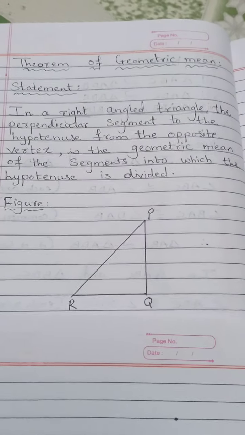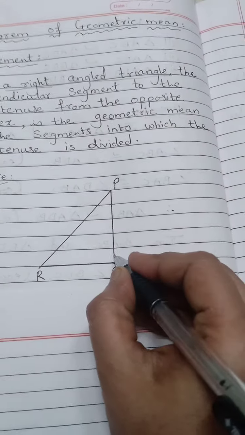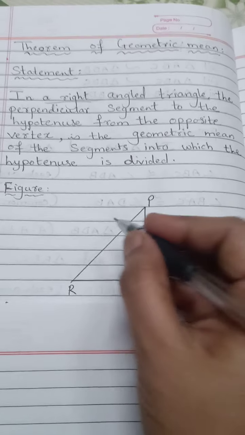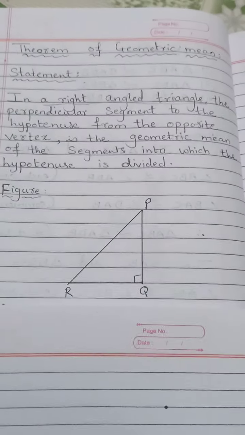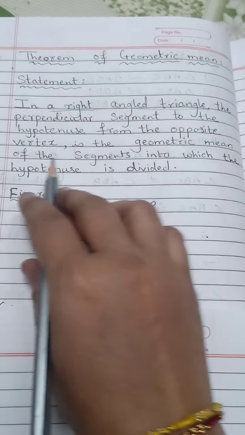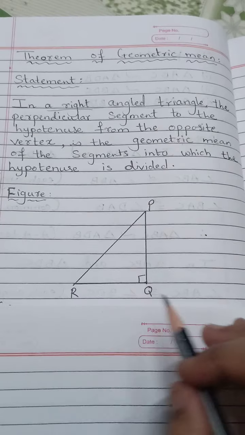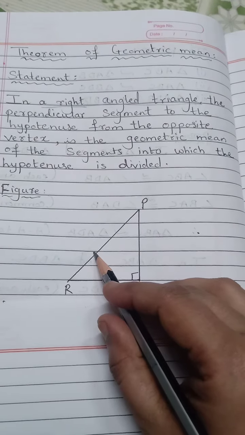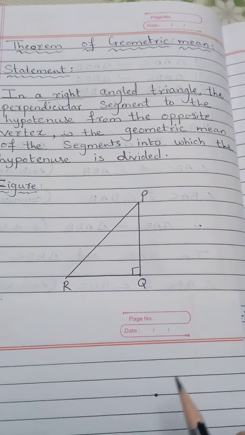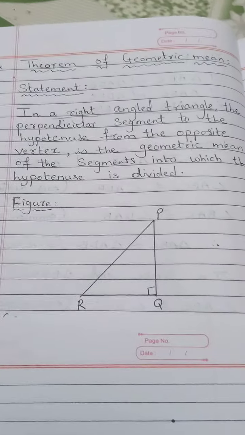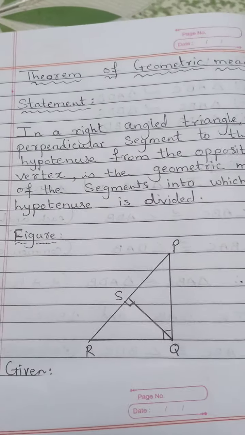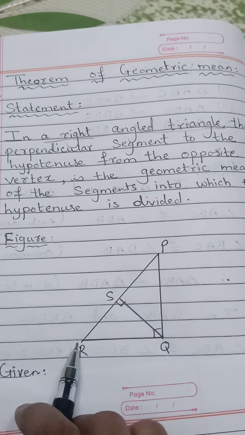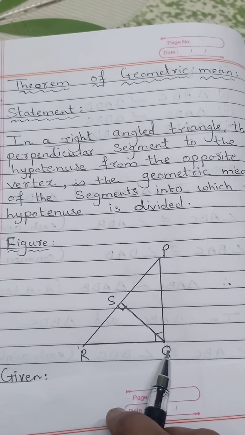We have to take a perpendicular to the hypotenuse. So this is the side PR which is opposite to 90 degrees. So this PR is nothing but the hypotenuse. So we have to draw one perpendicular on the hypotenuse from the opposite vertex. So this is the hypotenuse. So the opposite vertex is Q. That means from point Q, we have to draw a perpendicular on hypotenuse PR. So we'll draw that perpendicular first. So I have taken a perpendicular on the hypotenuse from the opposite vertex, that is from point Q.